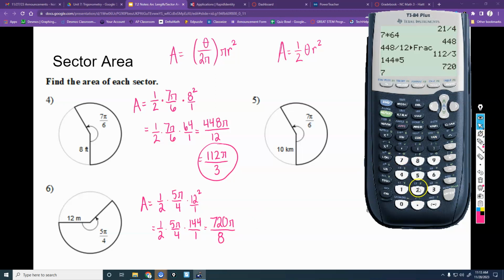So 720 over 8. Math, enter, enter. I get just 90. Just 90. So there is no denominator on that. It's just going to be 90 pi. Okay? All right, questions? All right, so we have